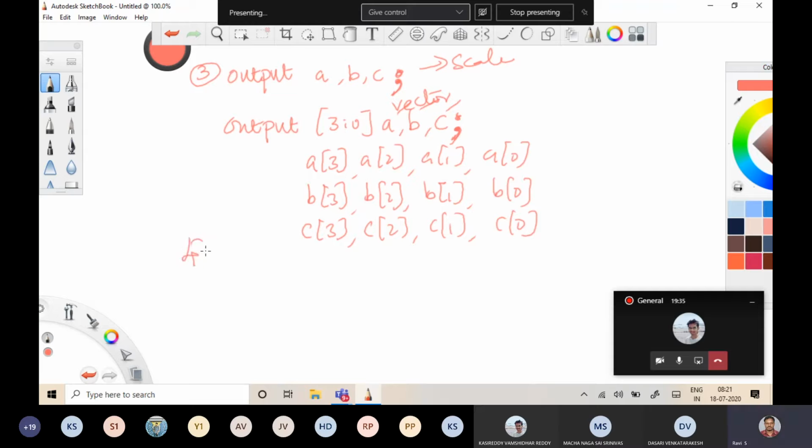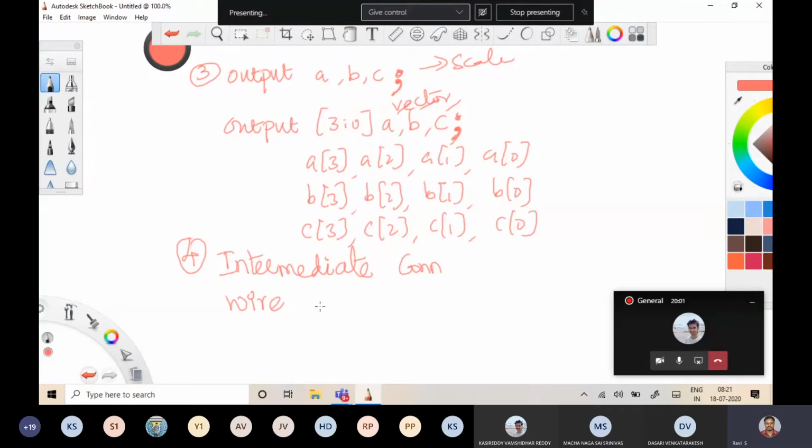The fourth line of the Verilog HDL is to define interconnection or intermediate connection. For that, the keyword is wire. To represent the intermediate connection, the keyword is wire.